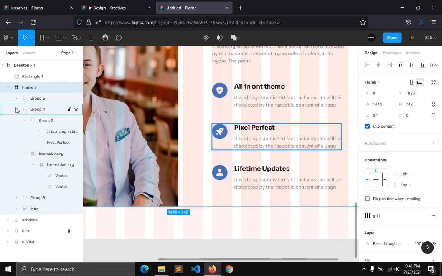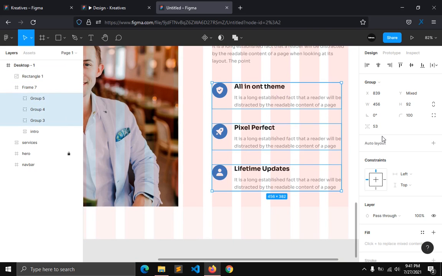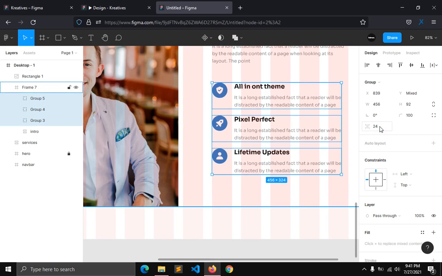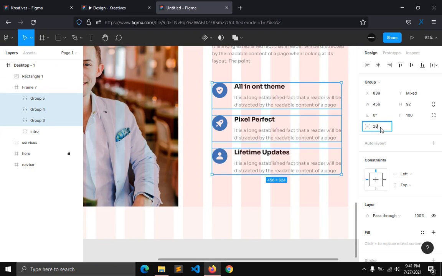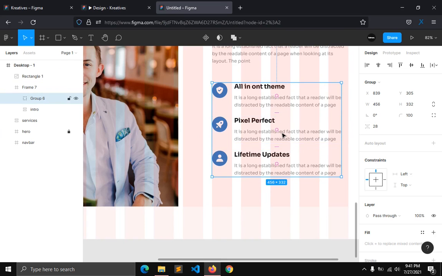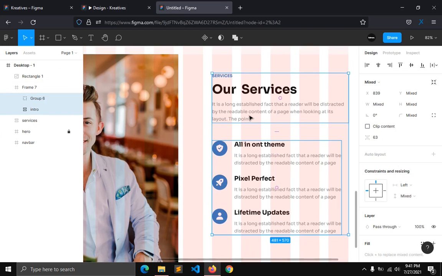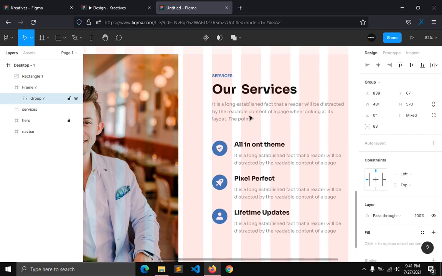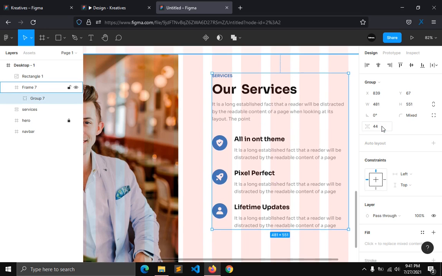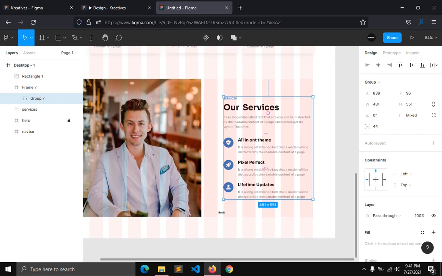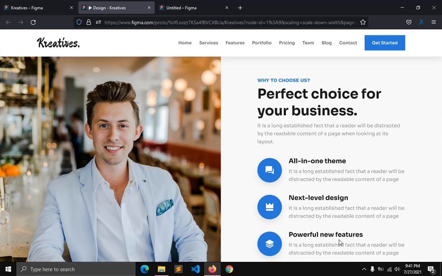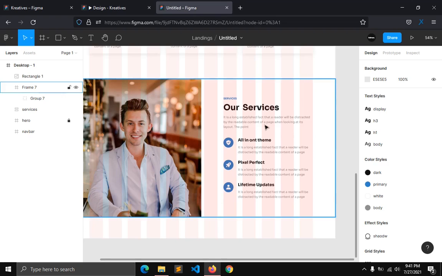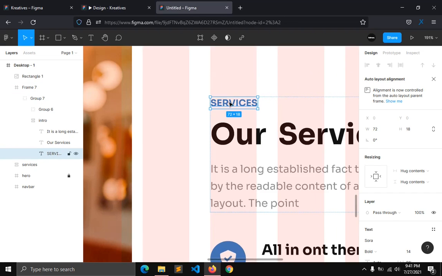so now I'm going to select these groups. The space is going to be 24, 28. Okay, I'm gonna make it a group. Select this intro. I'm gonna make it a group also. Okay, it will be in this center. So now we also have, I'm going to change the text,